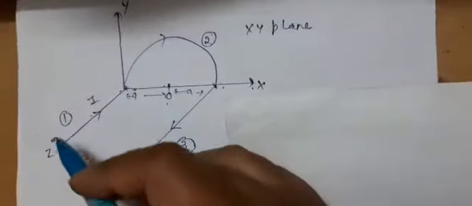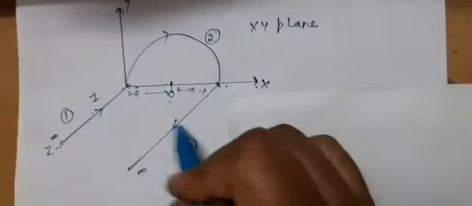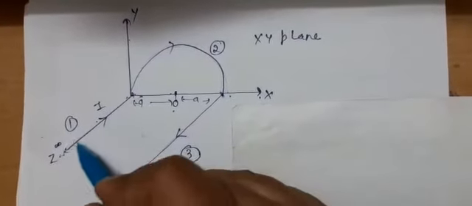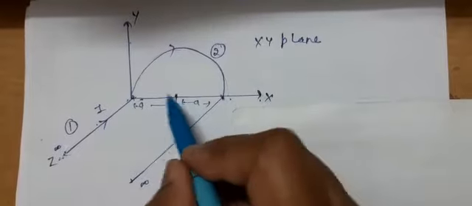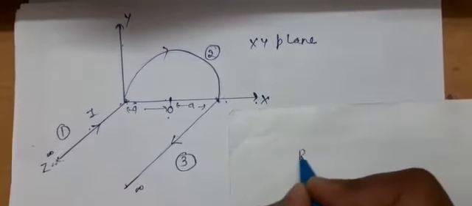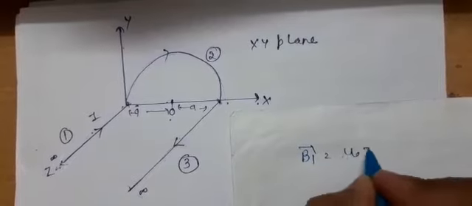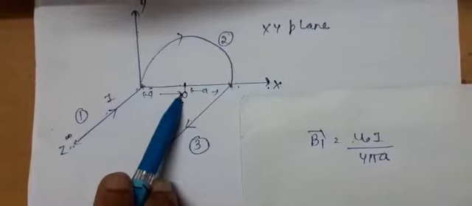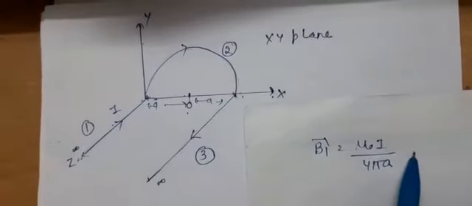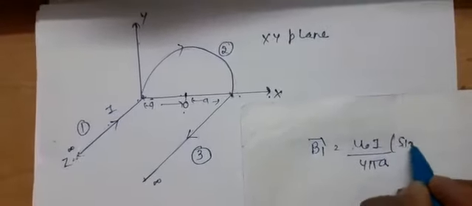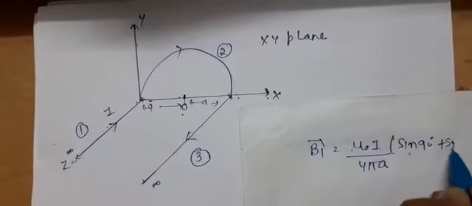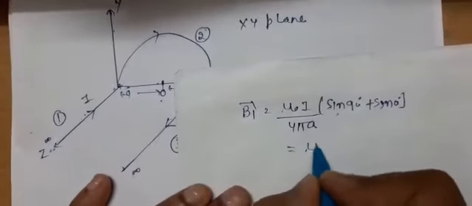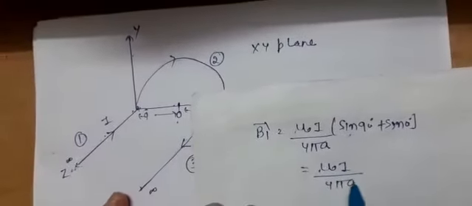Here, for this first wire, the numerical value, the magnitude, is quite simple. The major concept is that you have to understand the direction. For the straight wire, this point is lying near one of its edges. So the magnetic field for this first wire will be mu naught I upon 4 pi a. I am taking it directly because sine phi 1 plus sine phi 2 is in the multiplication. I will write it as sine 90 degree plus sine 0 degree. So here it will be mu naught I upon 4 pi a.